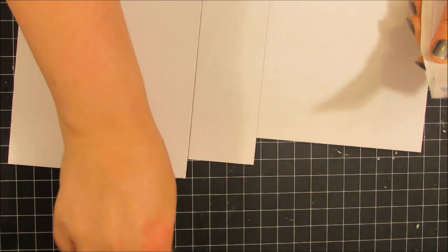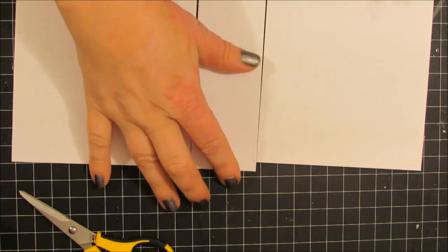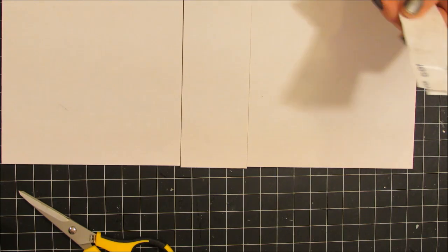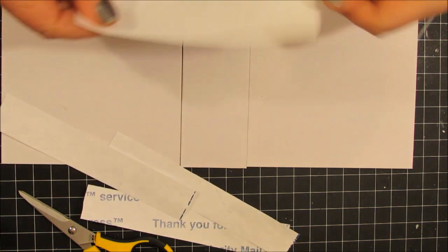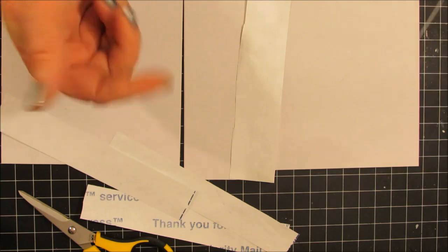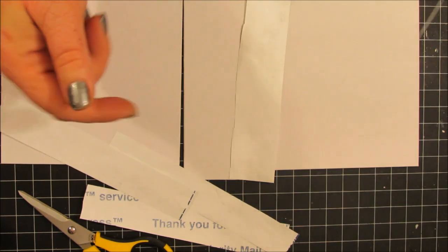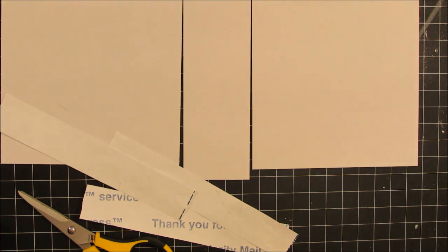Alright, so I got that out of my way. You can either glue these on. I still do the score tape on the edges just because I want to make sure that this isn't going to peel up or bubble up. It might be a little overkill. The tape is expensive, but I don't want anything showing through on my papers after a long time, so I'm going to do it my way. So how I do this is I